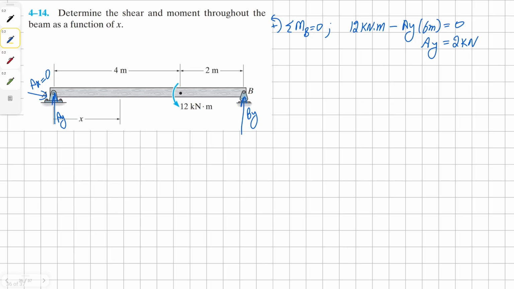Similarly, we can sum the forces in y direction in order to find a solution for By. So we have positive By, positive 2 kilonewton, all equals to 0. Solving for By, we get our solution as negative 2 kilonewton. Now that we have all the values, we can start finding our functions. So for our shear,